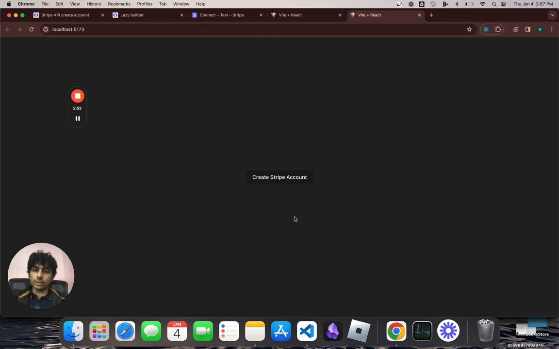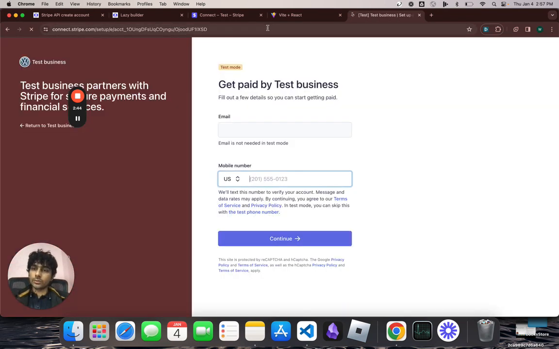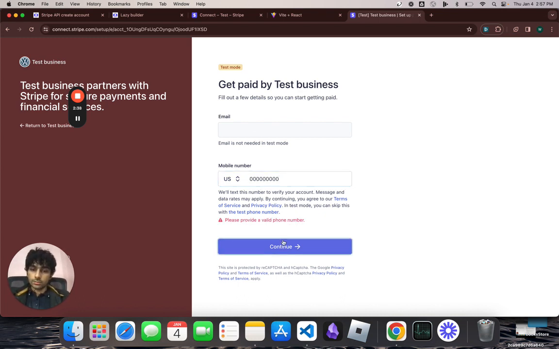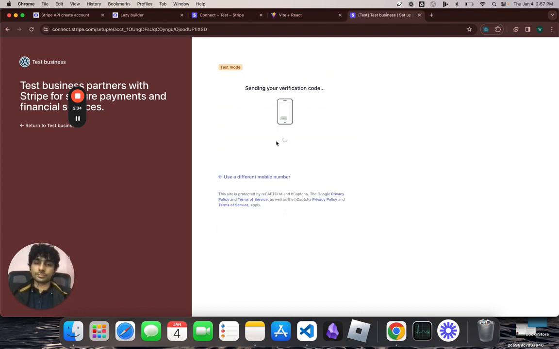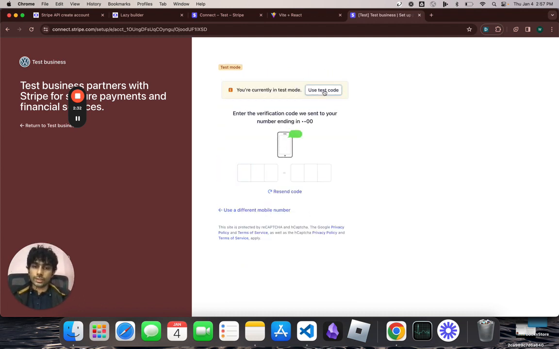So this is a simple component. It says create Stripe account, and now it is redirecting me to the Stripe website to enter details. I am using it in test mode, so I will enter some dummy details. I'll say use test code